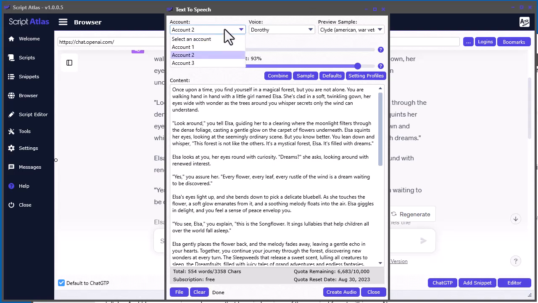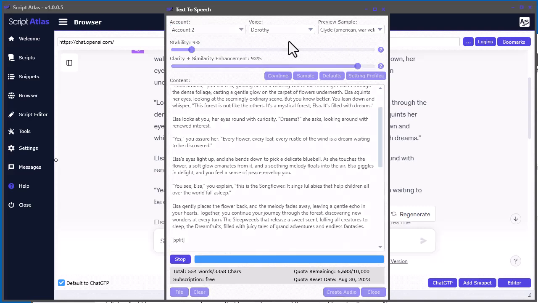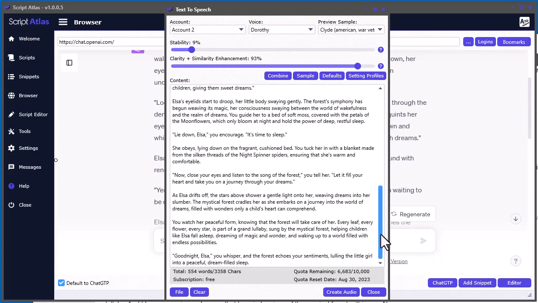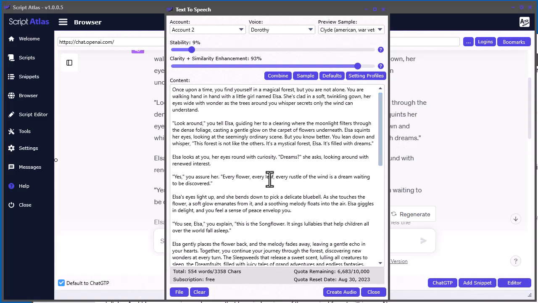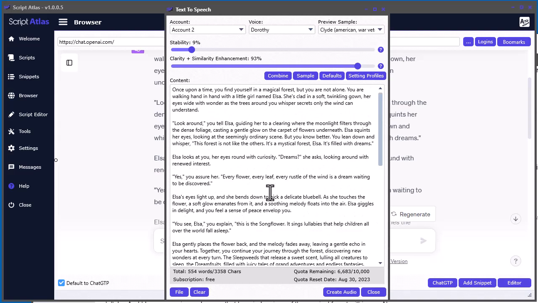and take advantage of the fact that you can have multiple accounts. So we use the second account for this one, not the first one. Technically speaking, they're allowing you to have multiple free accounts. You can set up like 5 accounts and have 50,000 characters a month, and then come in here and you can take advantage of that, split the content in here, split it up really easily